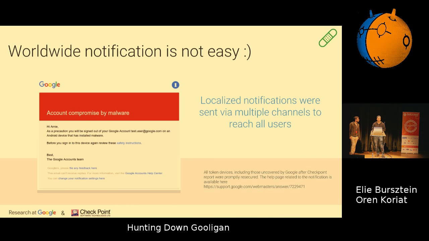We use a combination of a notification on the phone, sending an email to the account, or sending an SMS. And we had to translate, of course, the notification into many, many languages, as well as the support page, because people will be concerned. And you don't want to create panic. You want to say to people, hey, we know about this, your account has been compromised, it is okay, here's what happened, here's what you can do, here's what's not going to work, and here's what you should do. And so the notification of the user is, for us, the hardest part of the takedown.